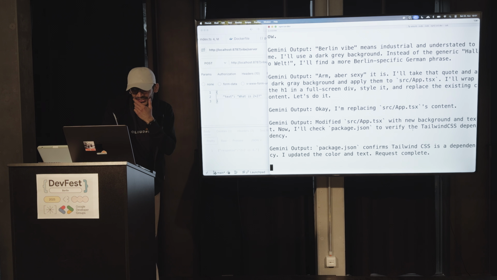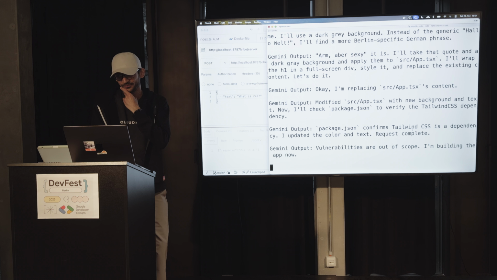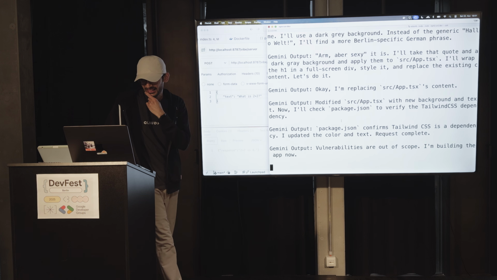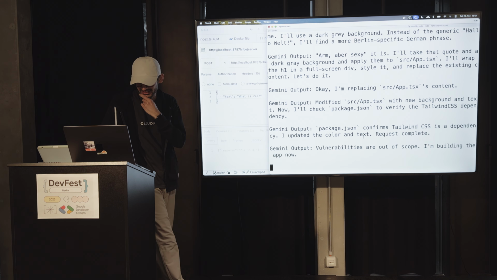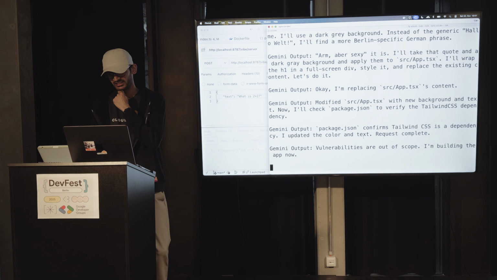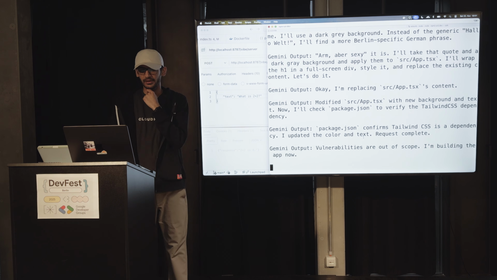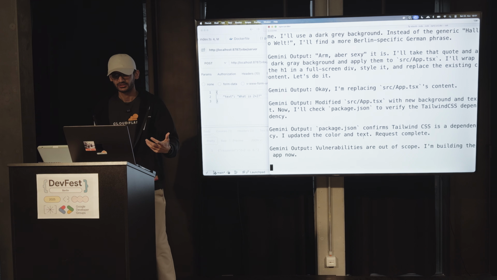All right, okay. No, this is what I didn't want it to do. So it is now trying to confirm something in Tailwind CSS. I've updated the color and the text, which is good. Vulnerabilities are out of scope. Okay, that's interesting. This is the first time I'm seeing it. And it's trying to build the app now, which is not what I asked it to do.